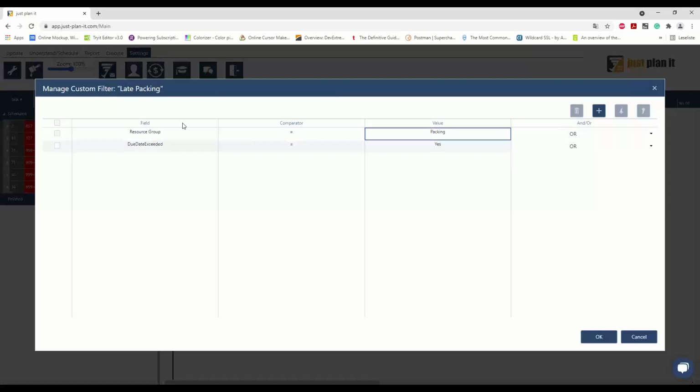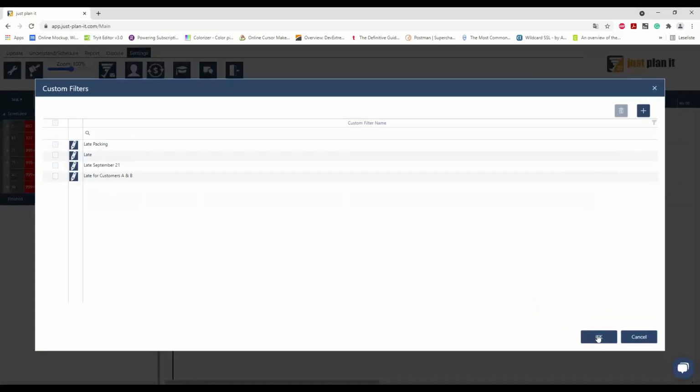I would advise to first build the filters, click outside so that everything is set up the way the system needs it, and then move around and build the connectors. In this case, this is fairly simple. We need to AND connect these. The connectors always refer to the next line in the grid. So in this case, it would connect the resource group and the due date exceeded queries. That, of course, means that for the last entry, it doesn't matter what you put in here. And if we now click OK on those,